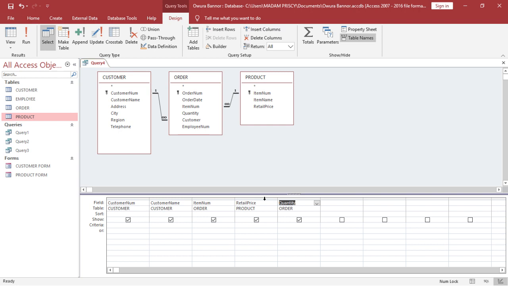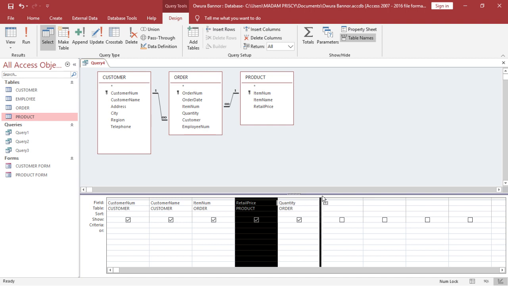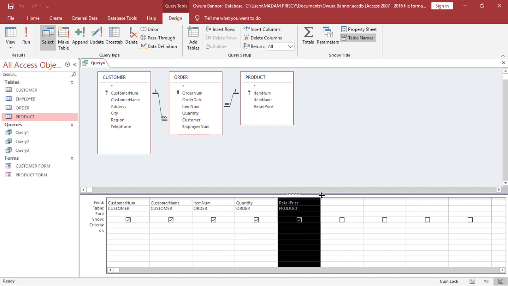We want the quantity to come before the retail price, so you just put your mouse cursor like this and it will turn like this, then you click and hold, then you drag it. When it gets to the line you want, you just leave it,